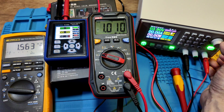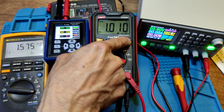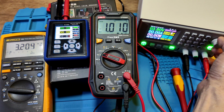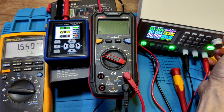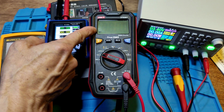Try again. 3.9. 3.9 volt. There may be the battery low logo come out. Battery low. And now rising down. Came down, sorry. 3.8. 3.7. 3.6, 3.5, 3.4, only displays a battery low logo, this one,